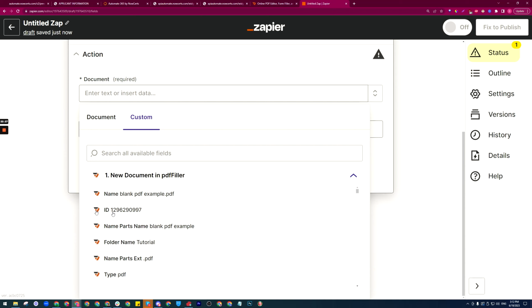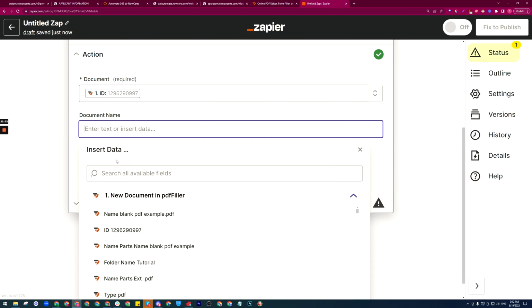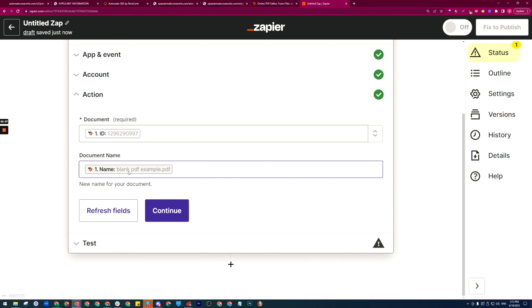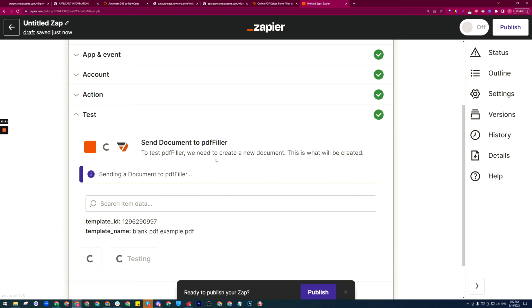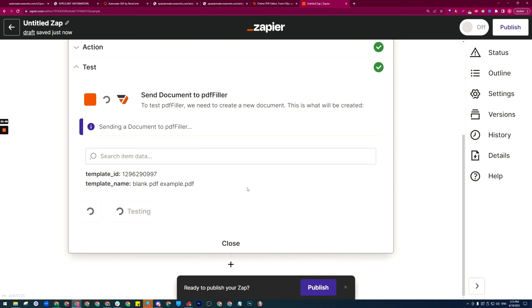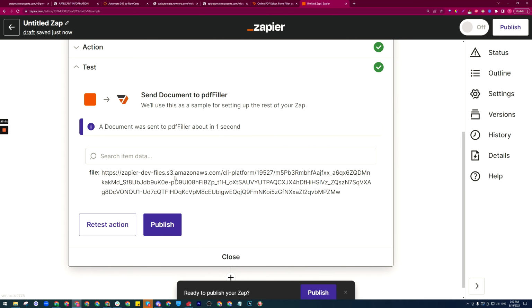and in here we need the document ID, document name. This picks up the blank PDF example, basically this document here, so it is just displaying that name for us. Continue, test action, that's taking a while for all. Oh, there we go. Okay, so it found the document,